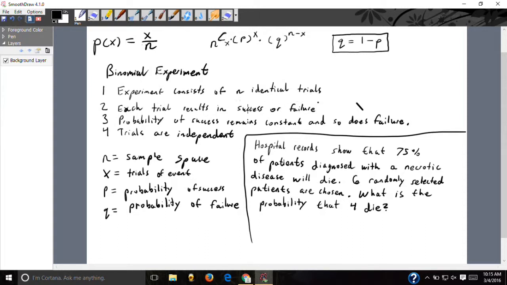Each trial results in a success or failure, which means we have a probability of success denoted as P, and we have a probability of failure. So there is a probability of success that we are looking for. However, that may result in a failure if it does not occur. Because probability, we know, it's probable. It's not guaranteed that